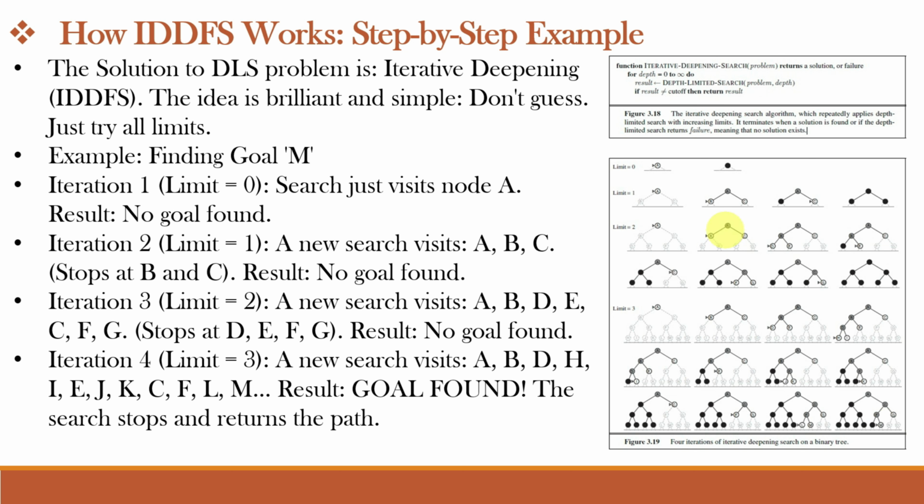So from this figure, we understood that IDDFS performs DFS repeatedly, but in a BFS style level order. It goes deep first, and when the depth is reached, it will go wider, or it will perform BFS after DFS. And that is the reason that it finds shallow goals fast like BFS, but still uses very low memory like DFS.